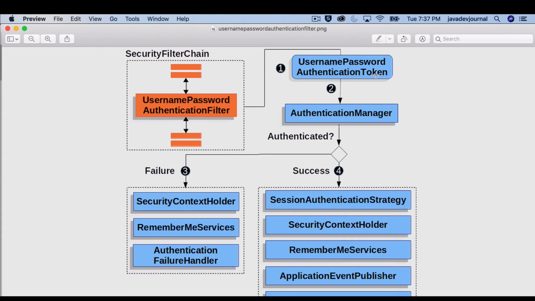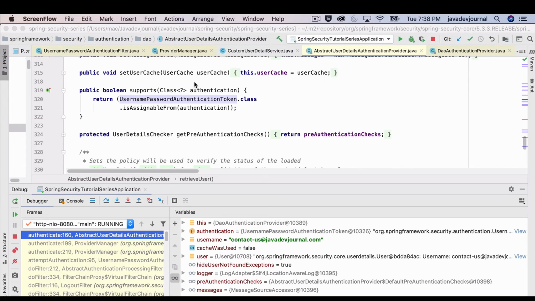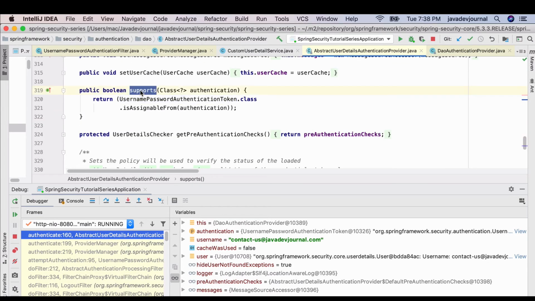Then the system picks up the authentication manager, which is our provider manager implementation, and the provider manager starts picking the individual providers and compares what kind of token is coming in with the request. Within the providers, there's a supports method which tells whether it can handle the given request or not.